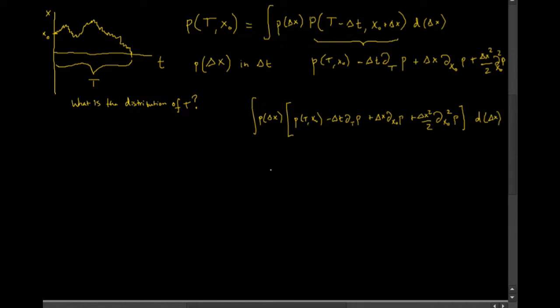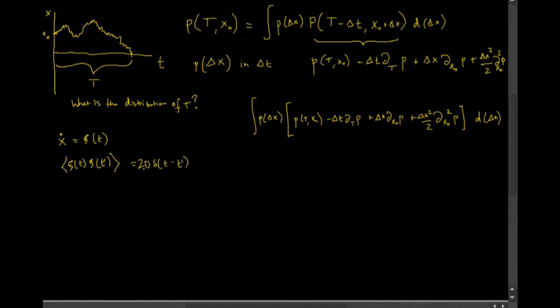Okay, so first I can ask, what is the distribution of delta x? And for this, we're going to assume that our random walker is a continuous time random walker that satisfies a stochastic differential equation. So it's just some kind of Brownian noise. X dot equals psi of t, where psi is delta correlated noise, so that the correlator of psi of t and psi of t prime is 2D times delta of t minus t prime,